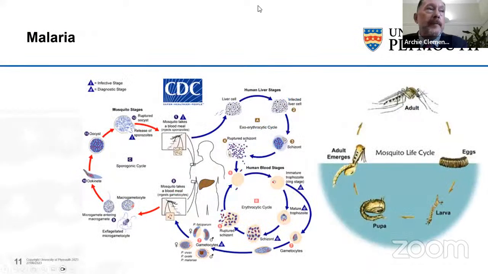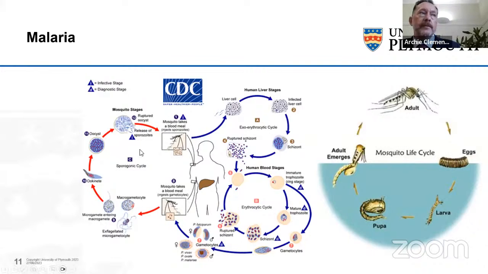I mentioned malaria. Malaria is a fascinating disease of great global importance. It has a very complex life cycle. Part of that parasite life cycle exists within the human host, but part of it exists within a mosquito host. And I think one of the critical things that makes many diseases really